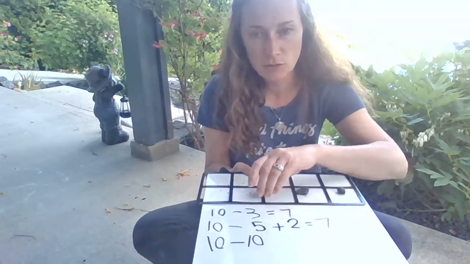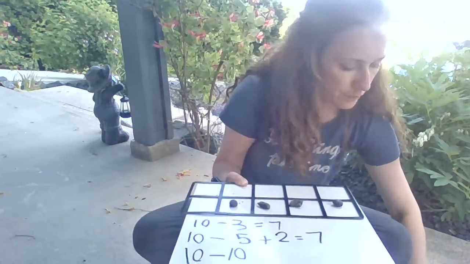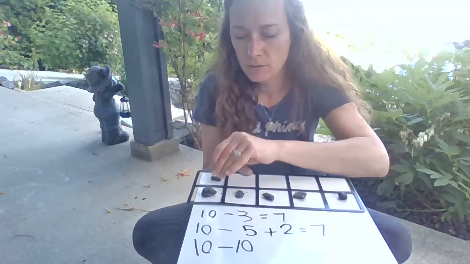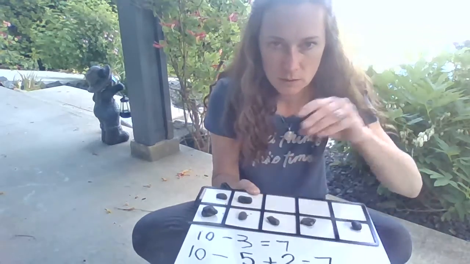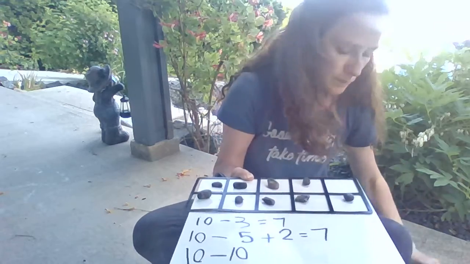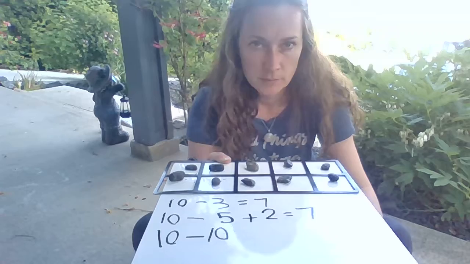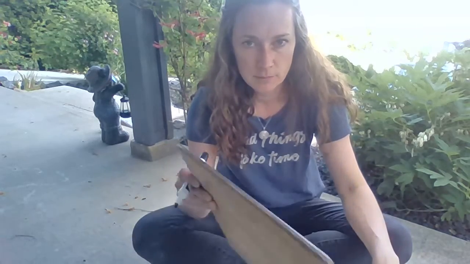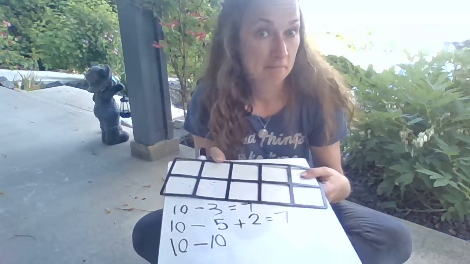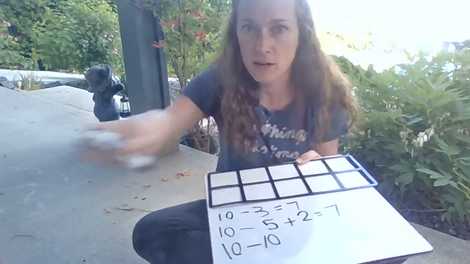1, 2, 3, 4, 5, 6, 7, 8, 9, 10. 10. Take away 10. Merlin didn't like that sound. So 10, take all 10 away,